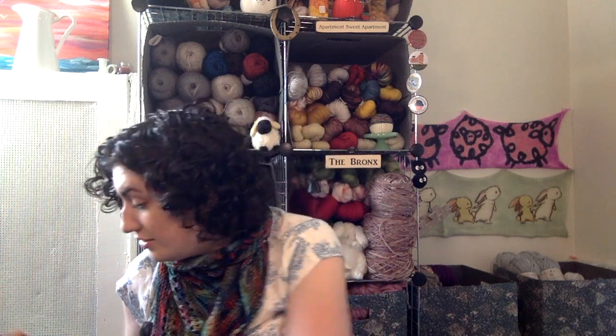That's how I'm justifying this. I'm not really doing a good job at justifying it even to myself, so I feel like a yarn pig in addition to a yarn snob. So I've got that. Then this skein